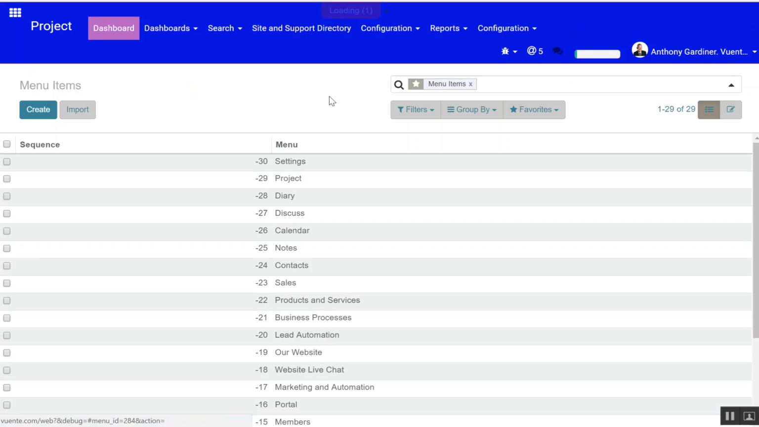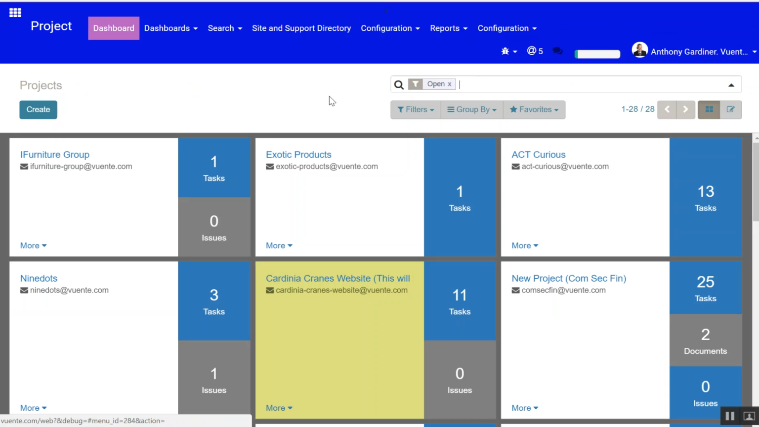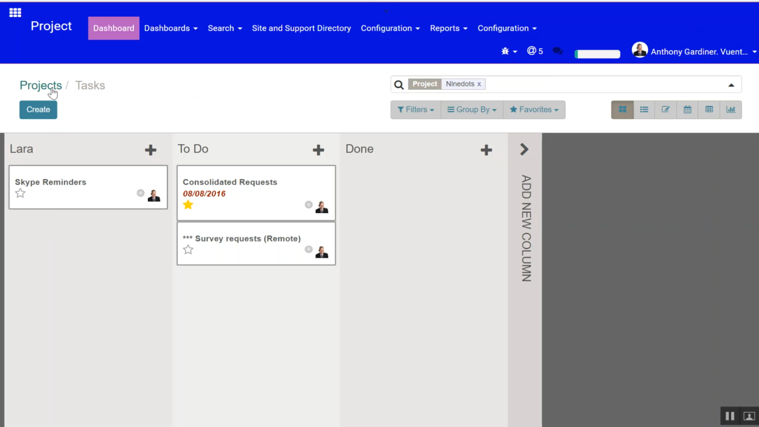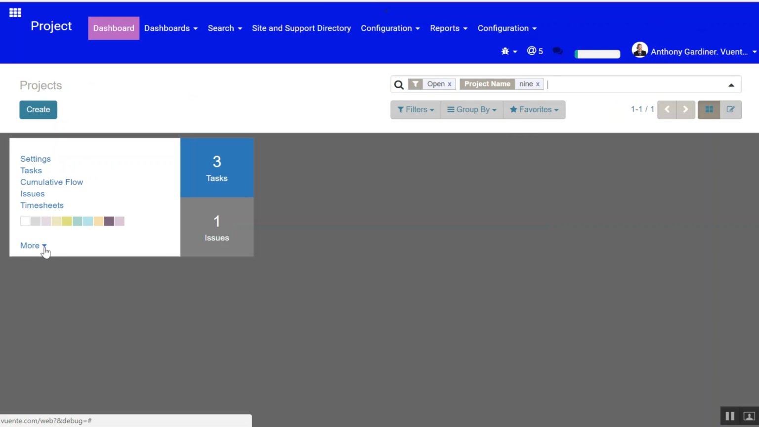Okay, now I'm looking for one particular project, and I'm looking for this particular 9 dots. So once we found the project, which I'll make the very first project, we come in here, we go there, whoops, back to that, sorry, more, settings,